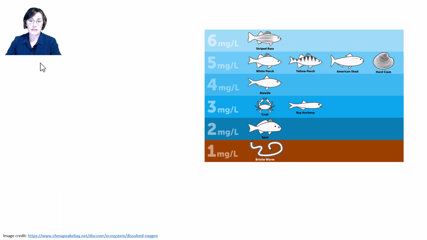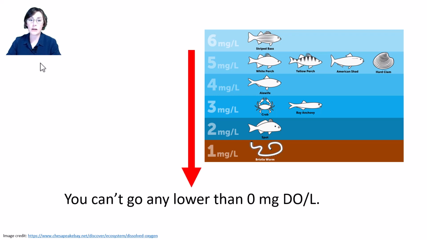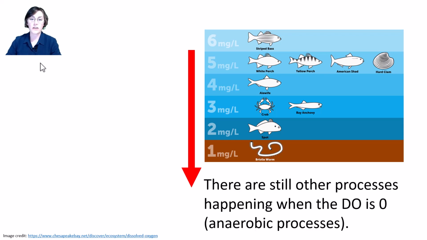When DO is present in water, like what we've been talking about, we can measure it and know that the water will support aerobic organisms. However, when the DO meter reads 0, we know conditions are anaerobic, but there are actually many different processes that can occur when the DO is 0. How do we know what processes are occurring when our DO meter only tells us 0? This is where the concept of oxidation reduction potential, or redox potential, comes in.